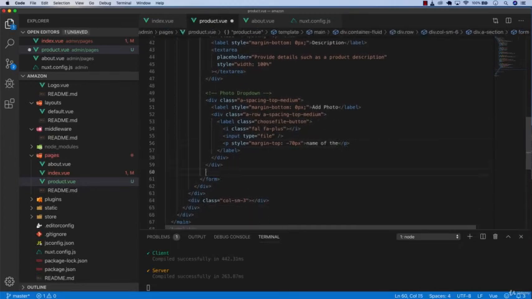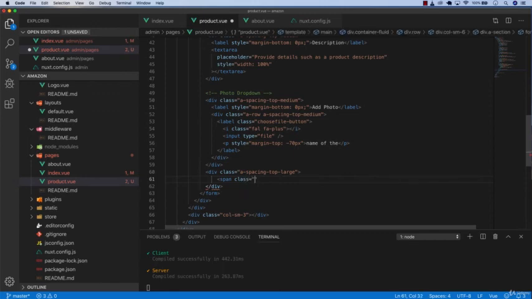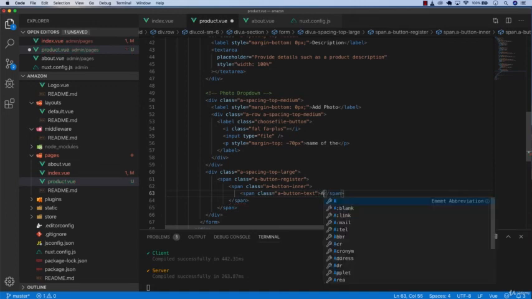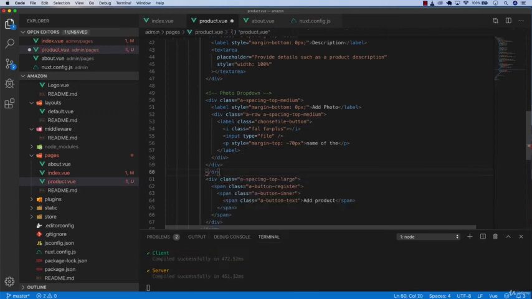And the last thing we need is a button. So div class a spacing top large, and then span class, I'm going to use a button register, the class span class a button inner, and then finally inside we're going to have a span class equals a button text at product, and then we want to add a HR here. It's going to be like this. We're going to have a divider between all the